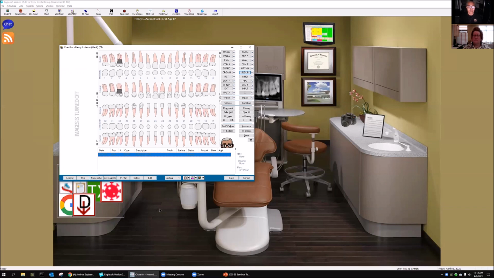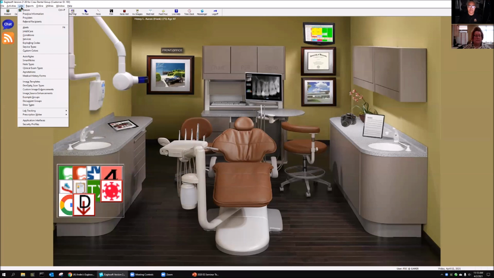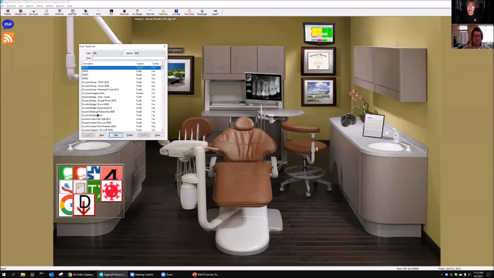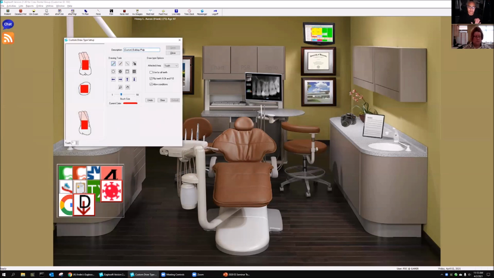So let's take a look at another way we can do a draw type. And what we're going to do is we're going to build on the buildup to create a new draw type. And I'm going to go to list, and I'm going to go to draw types. And I'm actually going to go back to the build-up draw type that we created. So I just want to start from this to show you guys how to use the same exact concept to create another draw type for something pretty simple, but same premise, but a new drawing. I'm going to clear this out and imagine I'm starting a new one. And I'm just going to call this